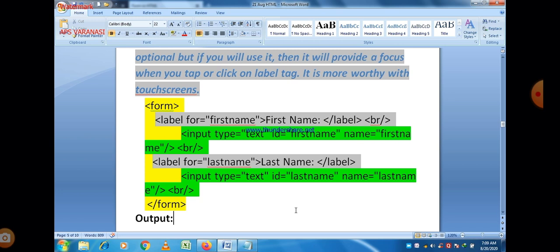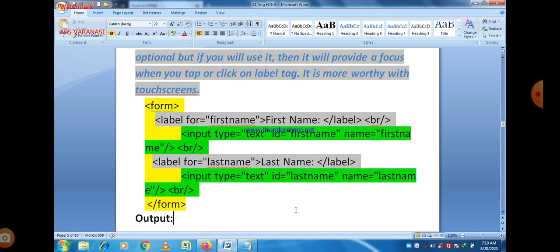If you don't write it, the program will still execute, but you are not in a position to send this information to the server. So use the name attribute also within the input tag.